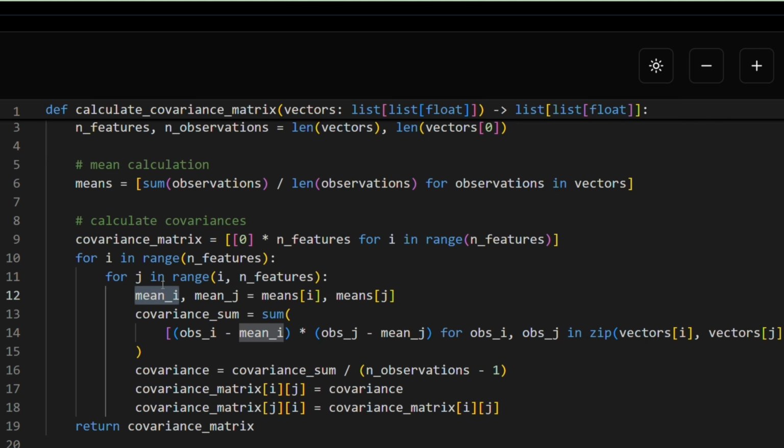So when we're comparing feature i to feature j to calculate their covariance, this is the actual formula. And what we're doing here is we're summing over all the observations, multiplying their two variances. And then we need to divide by the number of remaining degrees of freedom,